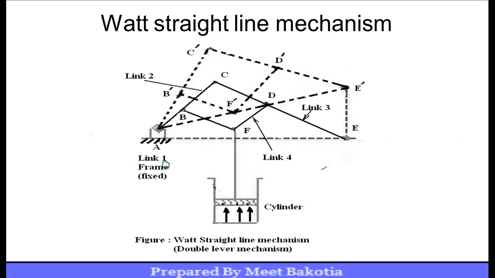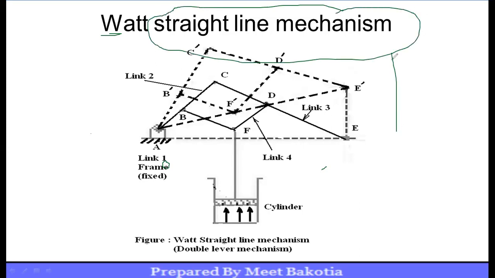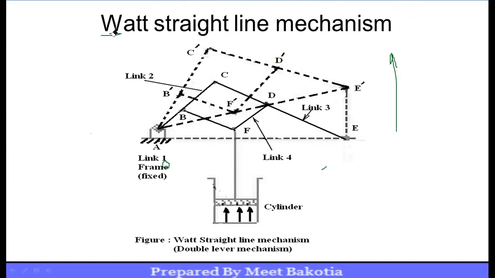Now, the third inversion of the 4-bar chain mechanism is the Watt straight line mechanism. It's not correct to spell this as Watt, it is actually Watt straight line mechanism. And this straight line mechanism is a topic in your syllabus. Individually, it is written straight line mechanism. So one of the straight line mechanisms is the Watt straight line mechanism that we are going to study.